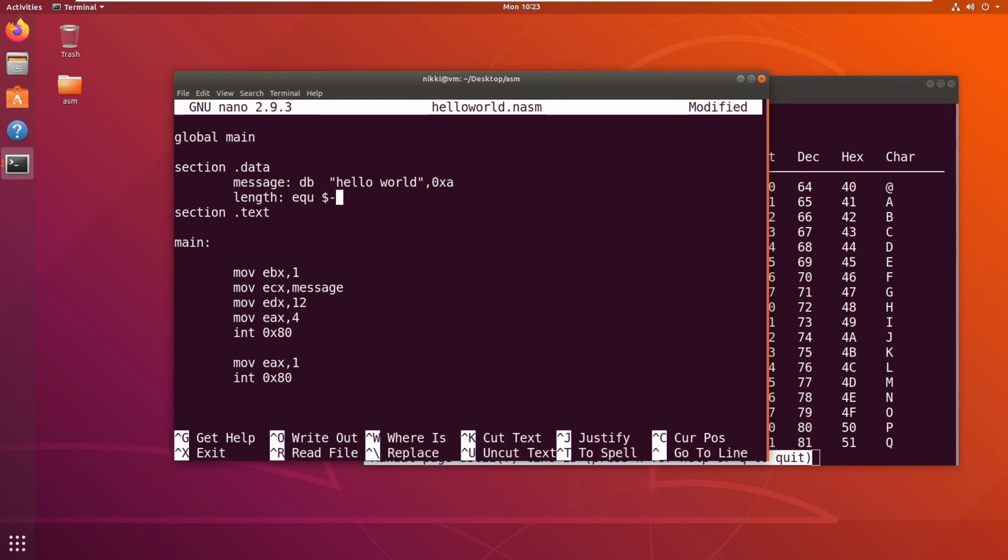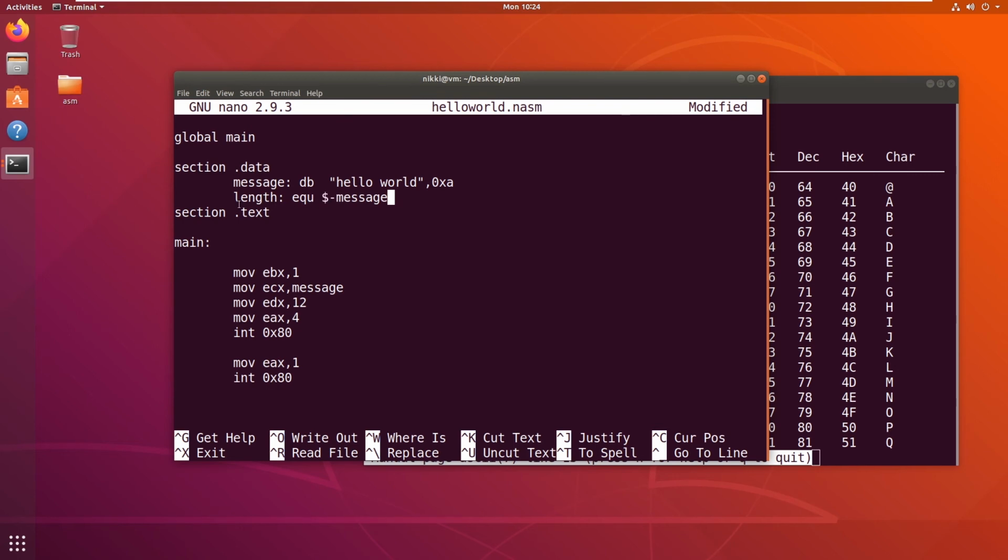dollar minus message. So what this expression does is dollar means the current variable's address and message means the message address. So if we subtract these addresses, you obviously get the size of this variable because it's the distance or the gap between these two variables, right?